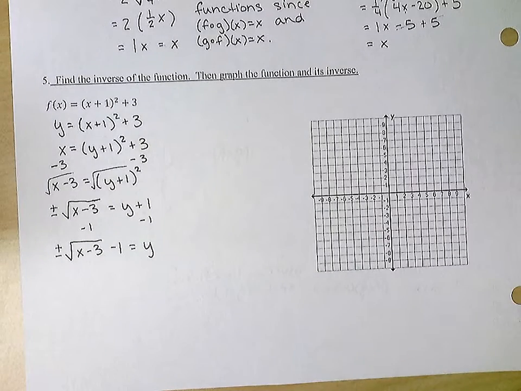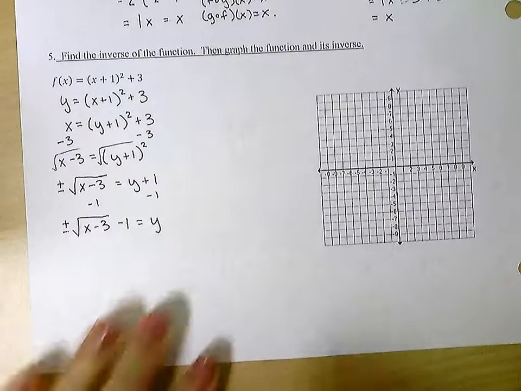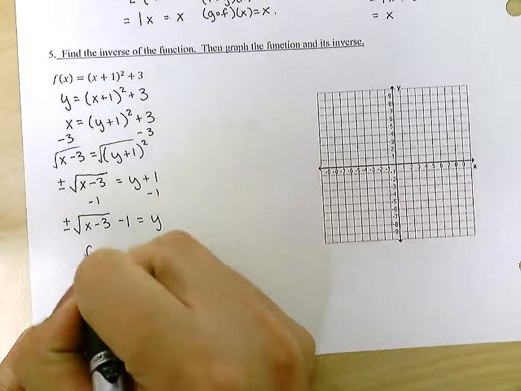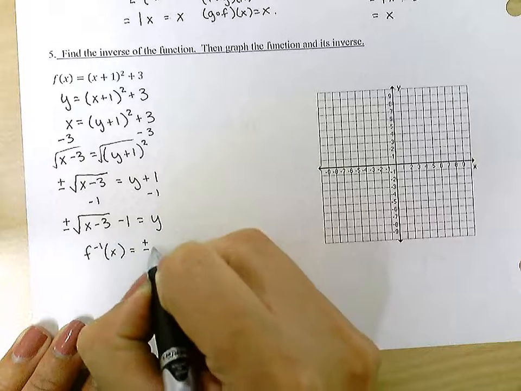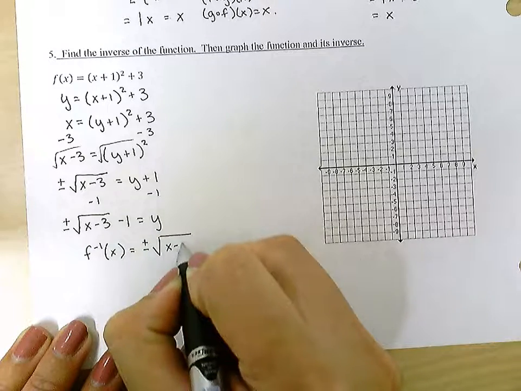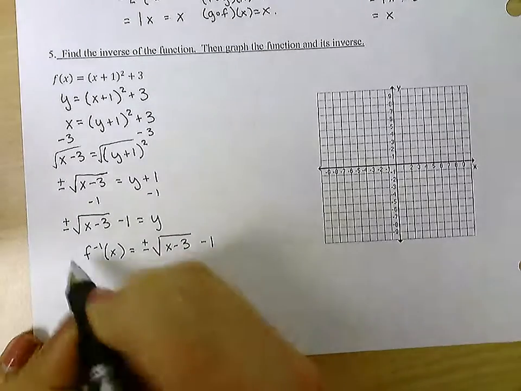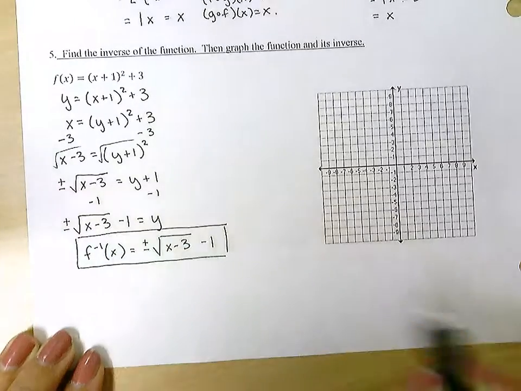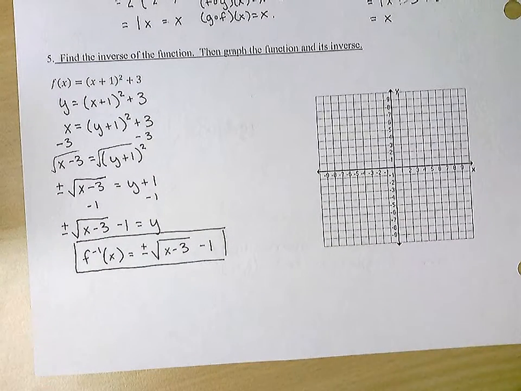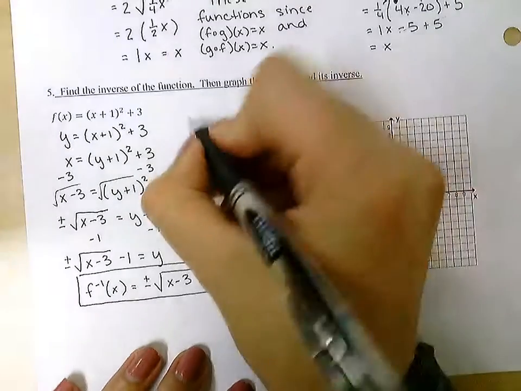Now I don't want to leave it like that. Remember, I'm finding the inverse of f of x. So I want to write this as f inverse of x is equal to plus or minus the square root of x minus 3 minus 1. Okay, so that is my inverse. Now again, I do have you graph it over here just so you can see that reflection over the y equals x line. So if you need to make an xy chart,